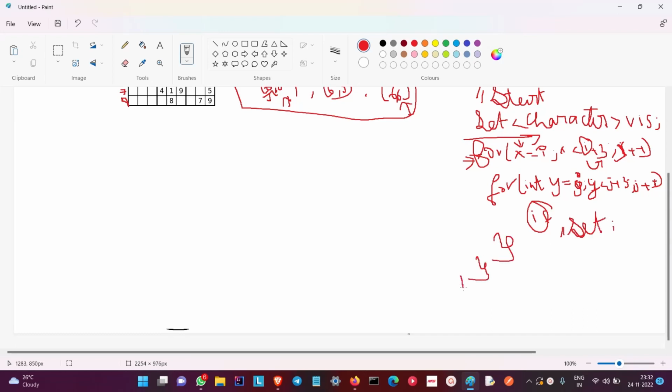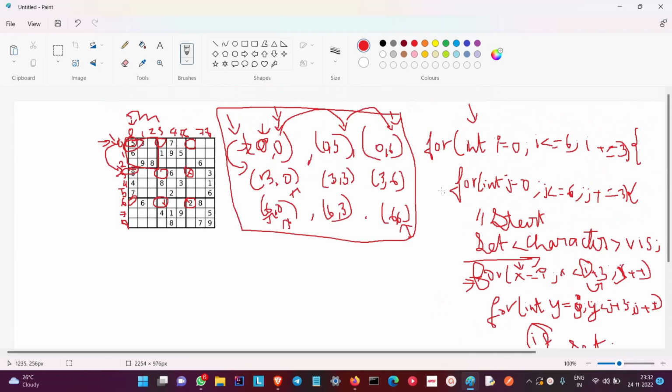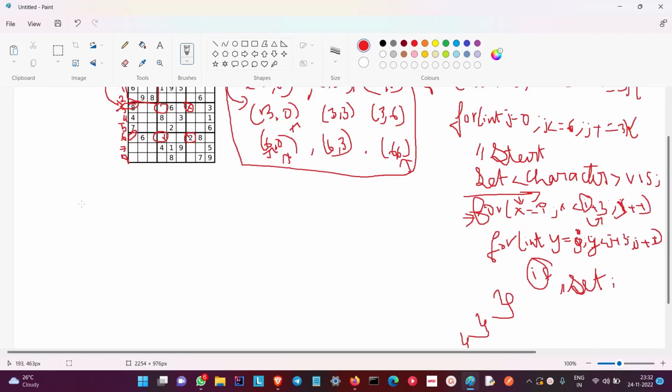So we'll close the bracket. So that's all about this. So finally, I'll simplify the approach. The first approach, that is the steps to be followed, is to check over each row,